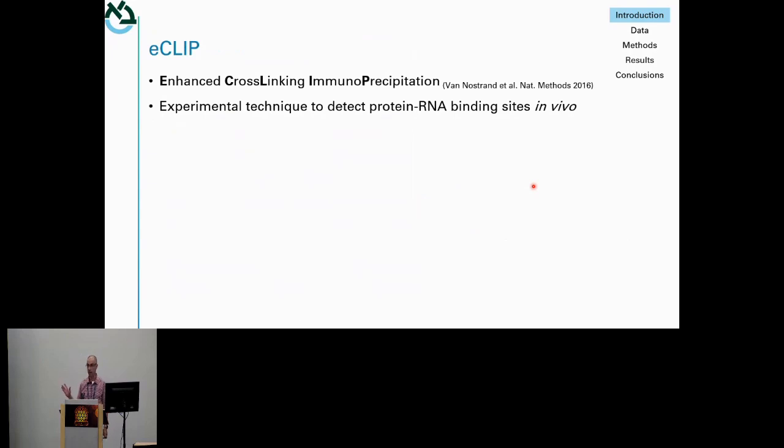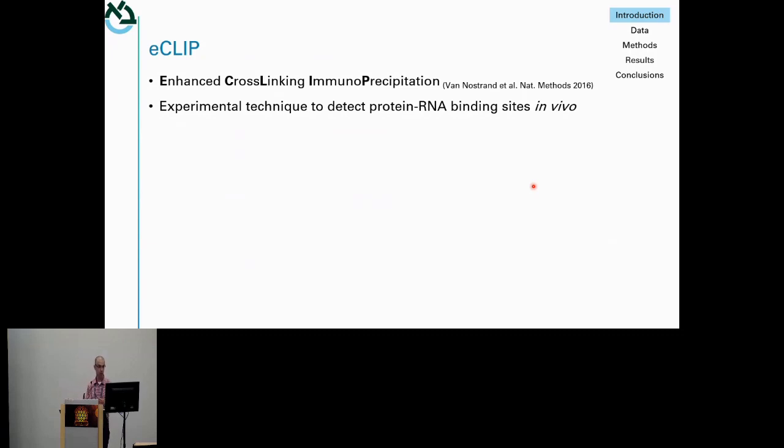One of these experimental assays is called eCLIP. Now I know some people in the audience prefer eCLIP, some prefer PAR-CLIP, some prefer CLIP-seq, but the reason why I present eCLIP today is that we're going to use it, and it has the most comprehensive data set, covering more than 100 RBPs in two, or even more than two, cell types. So it's very attractive to have this comprehensive data set when we come to develop a new method.